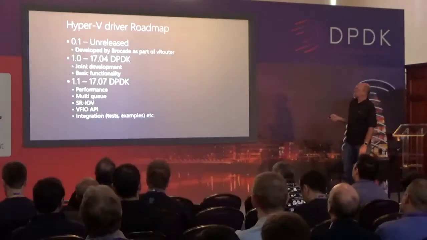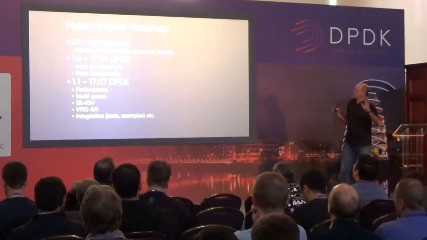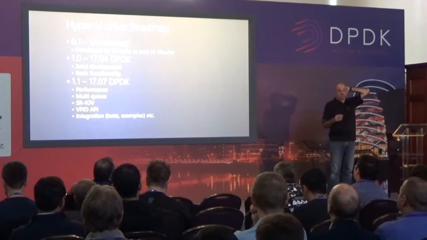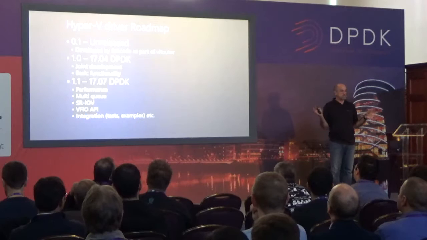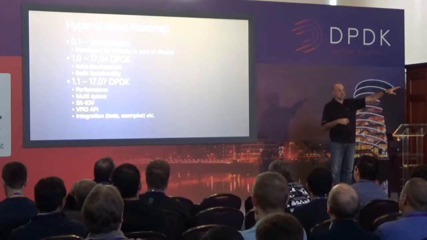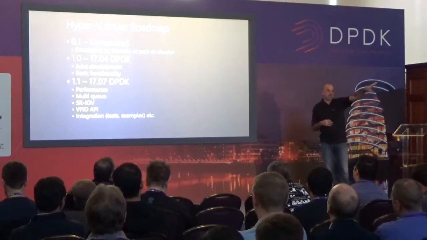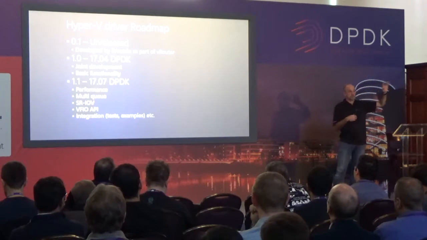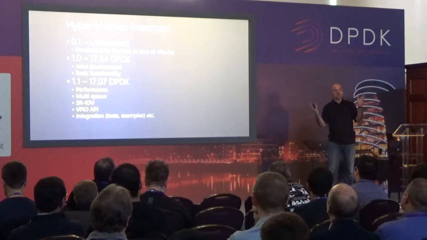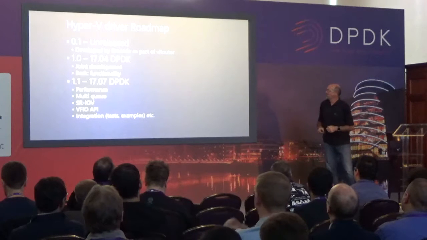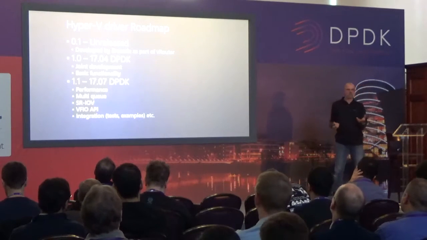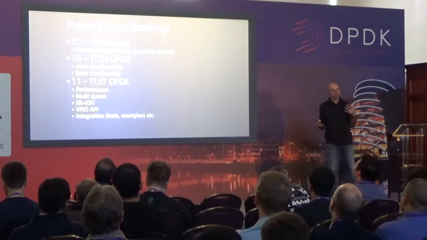So I mentioned that I call it the 0.1, the unreleased code that was contracted by Brocade to support Hyper-V. So it's perfectly possible to run a DPDK application on Hyper-V. It's just not in the release tree. If you want to get that, talk to Brocade, they'll probably send it to you. I used to work there. They gladly gave it to me saying, you want to work on it? Go for it. And the plan is to get a 1.0 version in the 17.04 release,